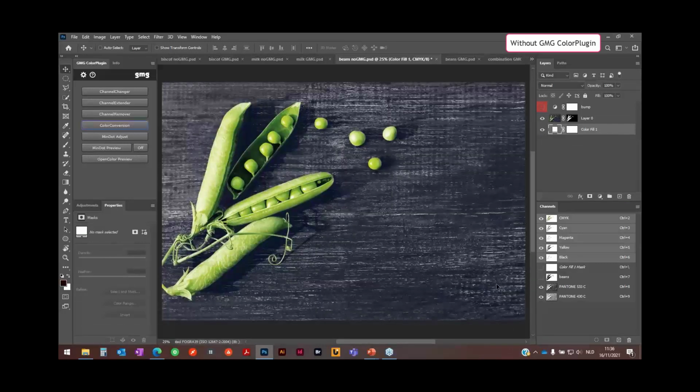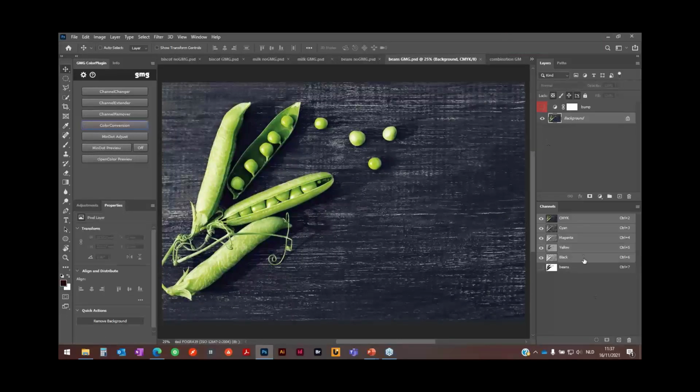Then I have converted my image to an image with two spot colors, but I'm not sure that this will be the right conversion. I've just copied my cyan and named it a spot color. I just copied my black and named it another spot color. I'm sure if I print this, it will not be the same as my target image.